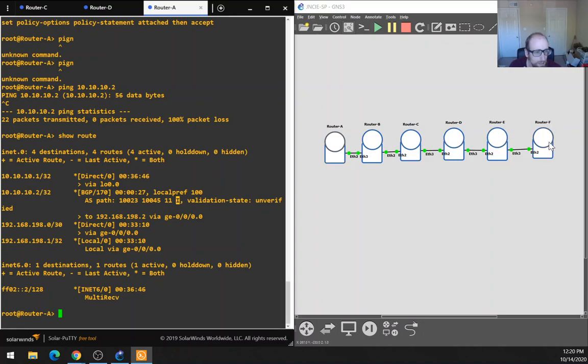So I means that it was generated here, then it traversed through AS path 11. I is kind of like the self keyword in a way. But here's AS path 11, 10045, 10023. Now, the problem here